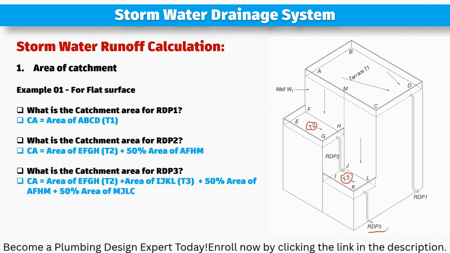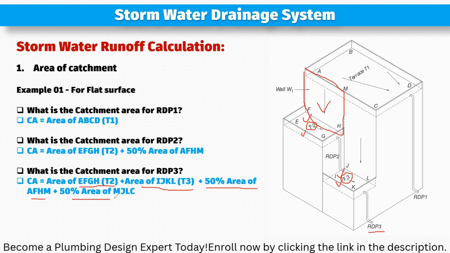So RDP3 is carrying the load of this roof as well as this roof. So the area of EFGH, that is T2, plus the area of IJKL, that is T3, plus 50% area of AFHM, that is this one,